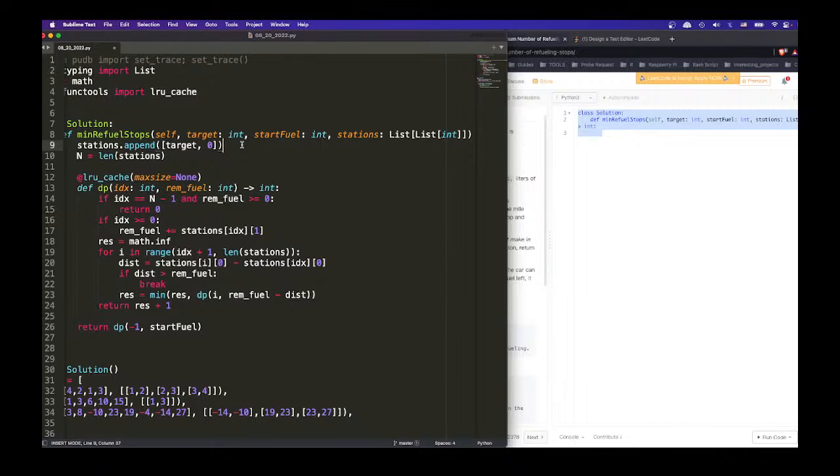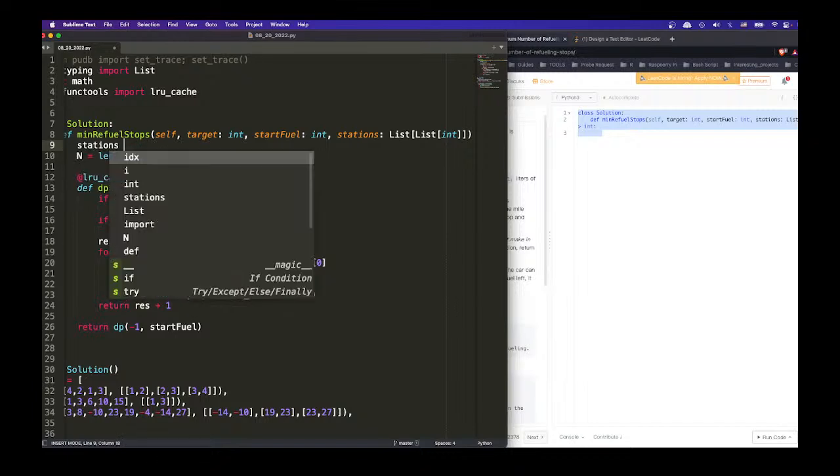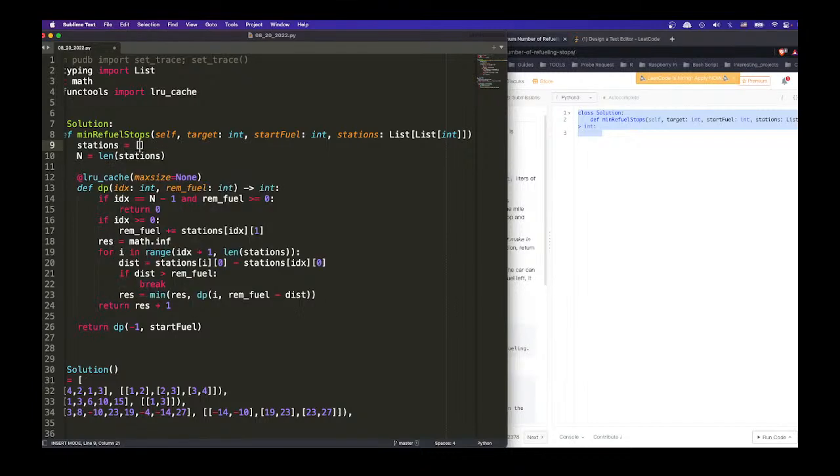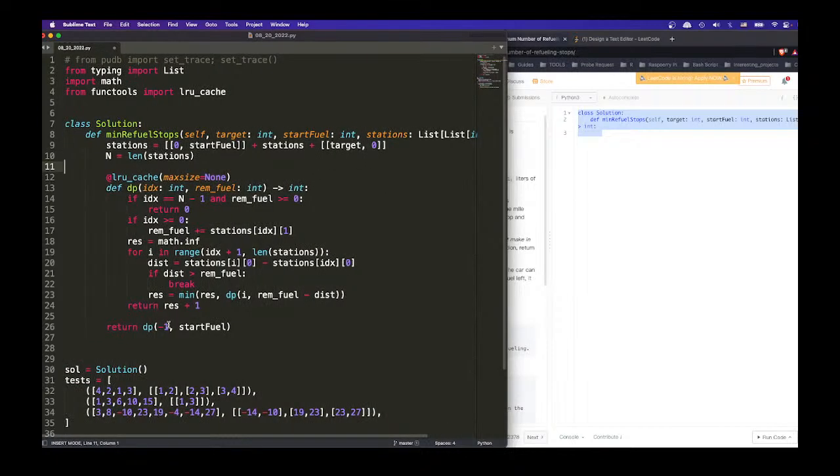Maybe it'll be easier. I just say stations equals to, I don't know, starting position, starting fuel, plus stations, plus a target, and 0. All right, and I'm going to start from 0